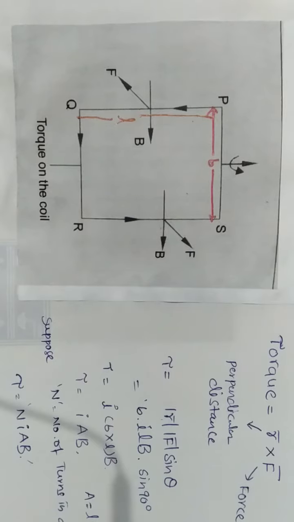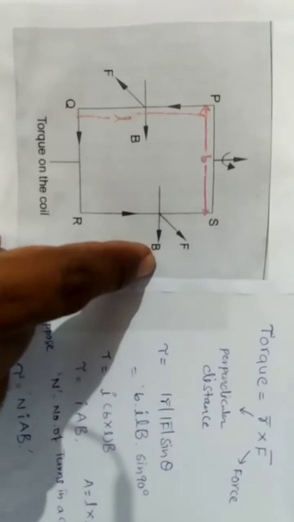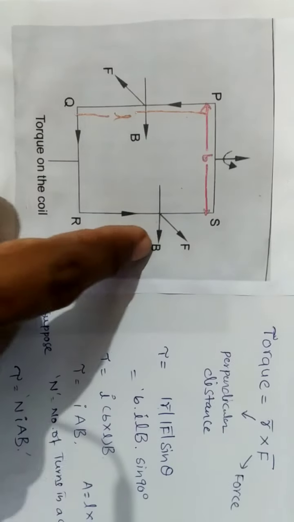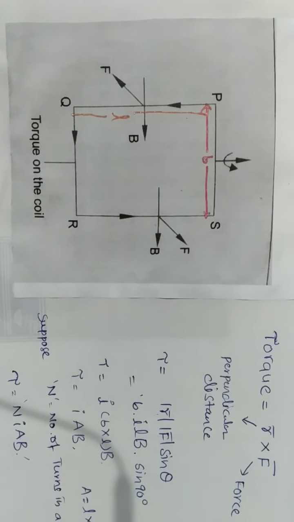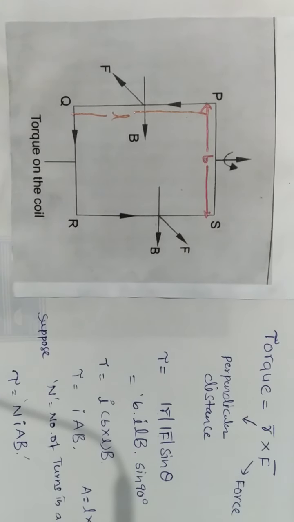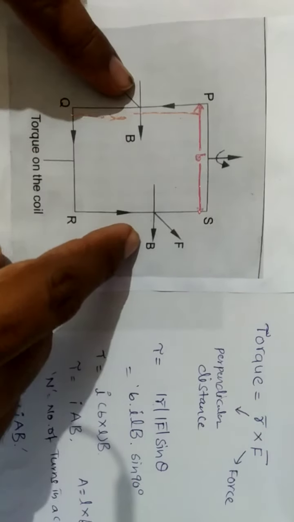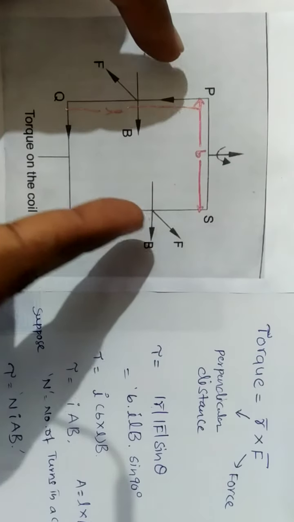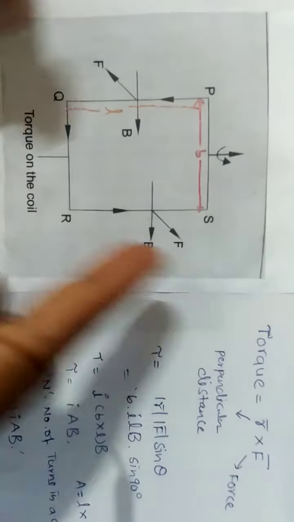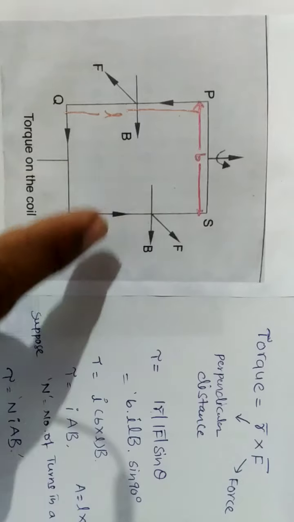And now what happens in such a situation? Two forces are acting in opposite directions. So it is producing a torque, just like you have seen. You have already discussed when two forces are acting on two opposite sides, they are twisting the coil, they are rotating the coil. On the top I indicated they are twisting and rotating the coil. So this is what we call torque.